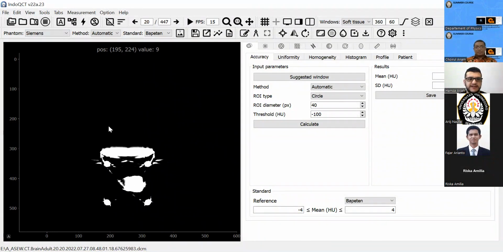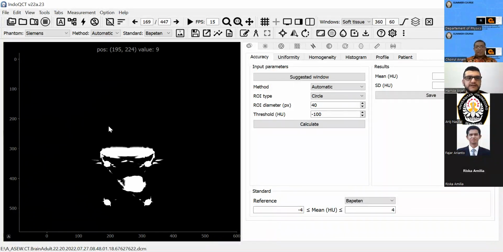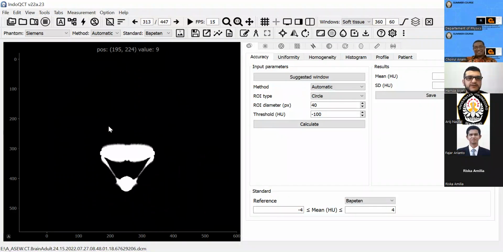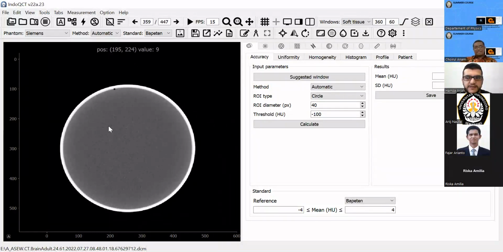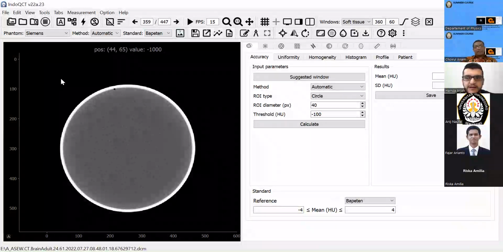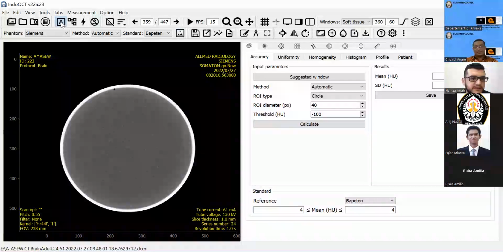Using different reconstruction algorithms, but I can't see the name of the reconstruction algorithm here. Maybe the view DICOM data will show. Yeah. If you want to see the DICOM data, click button A. Button A. Number 6. Yeah.